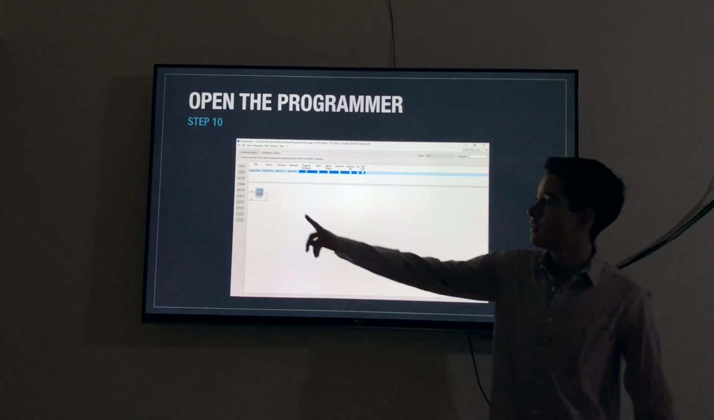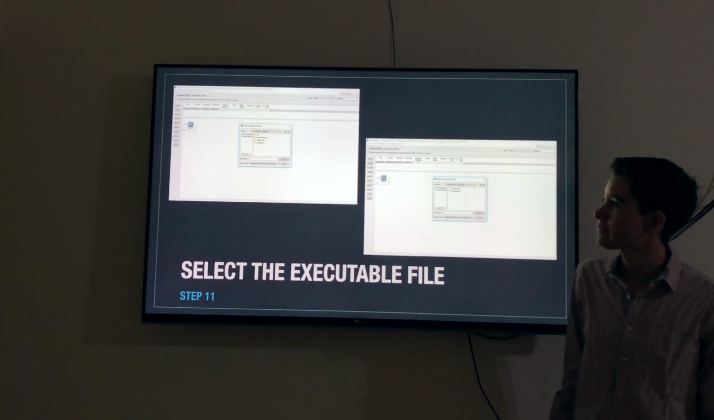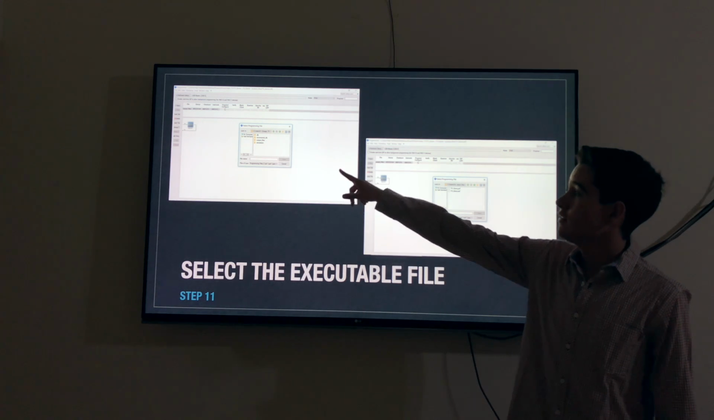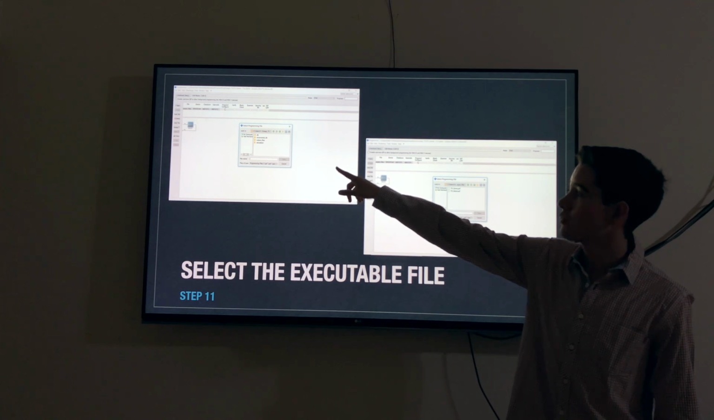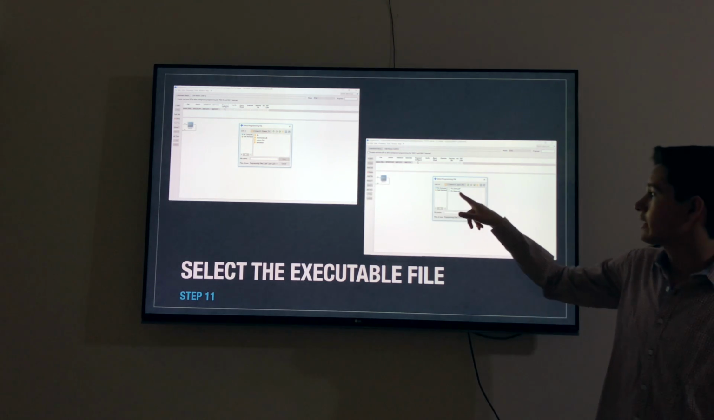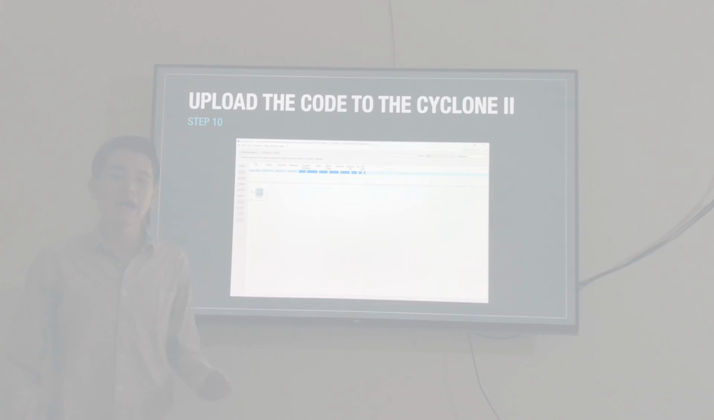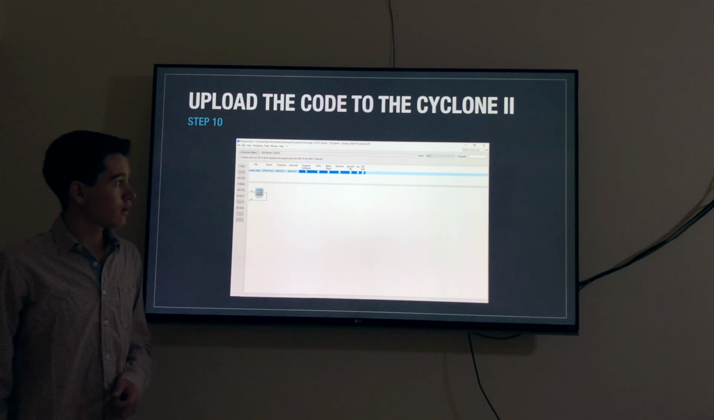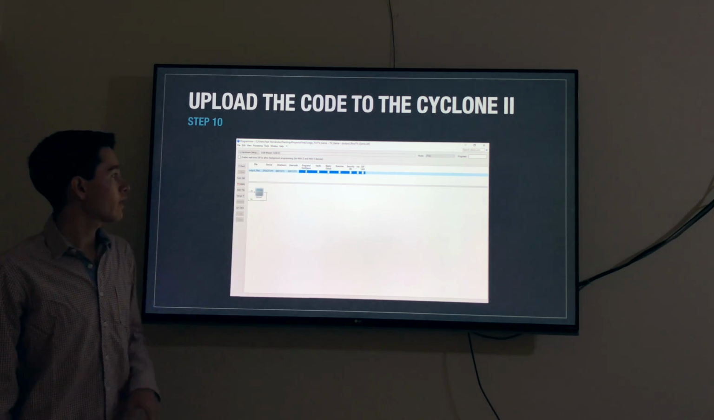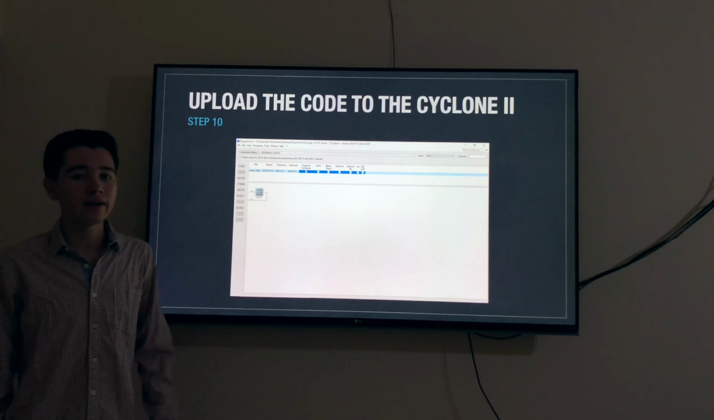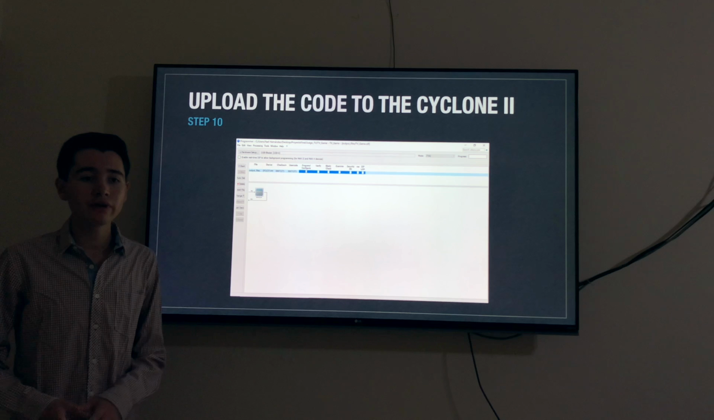We need to select File, and then this window is going to appear. This is the location of our project, and we need to select output files. Then we need to select the file that finishes in .sof, okay? Our code is ready to be uploaded. We only need to mark the program configure here with a check mark, and we are going to press start, and the code is going to upload automatically. But if we